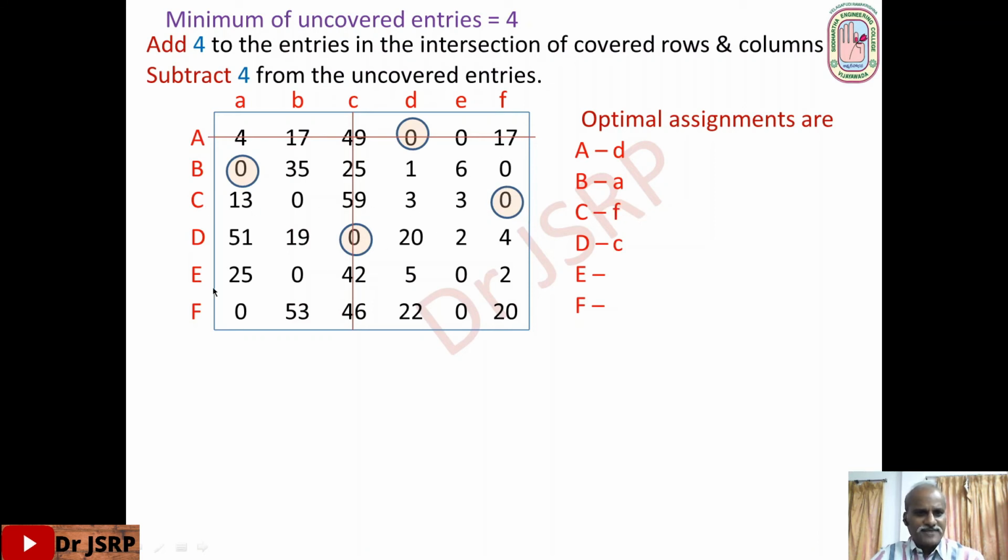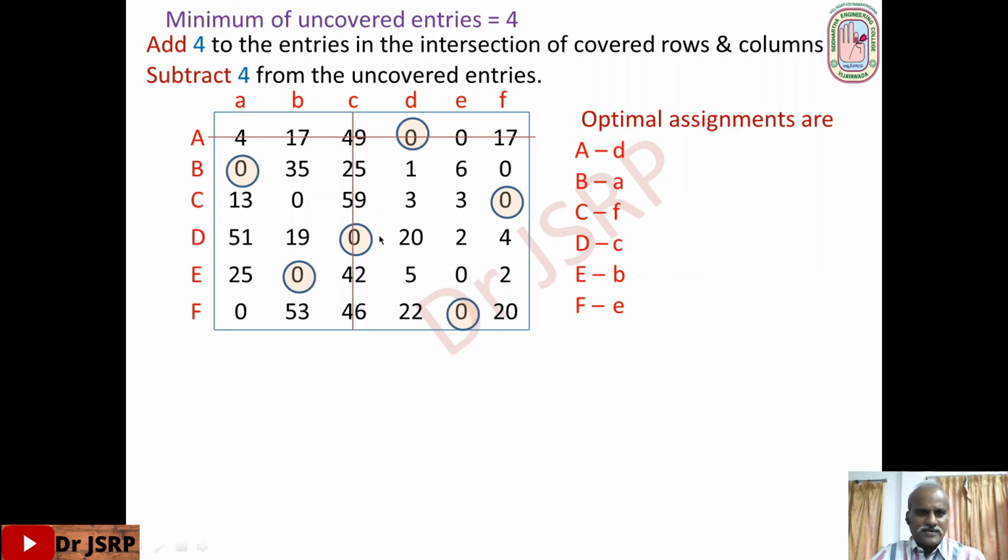Okay, D fixed. Next, capital E. For capital E, again we have two possibilities, small b and small e. So by choice I assigned small b. Okay. So finally capital F has two assignments, a and e. Already small a is assigned to capital B. So I assign capital F to small e. Okay, you see. So this is one assignment. So here observe, there is no repetition. A, B, C, D, E, F. There is no repetition. Okay, this is one-to-one correspondence. So this is one optimal assignment.